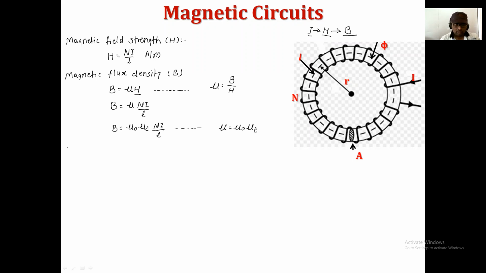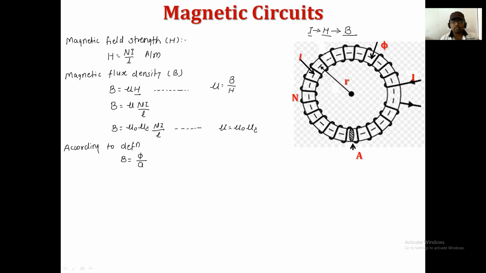Okay, so this is the point. Now, according to the definition of flux density, do you remember what the formula of flux density is according to the definition? The definition is flux per unit area at right angle to that magnetic flux. So now here I can write, upon A.